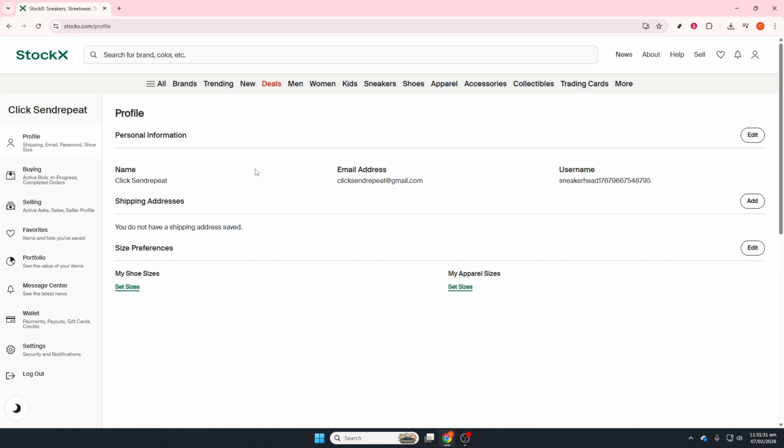If it's still not working, contact StockX support. Go to the help or support section, submit a ticket, and include